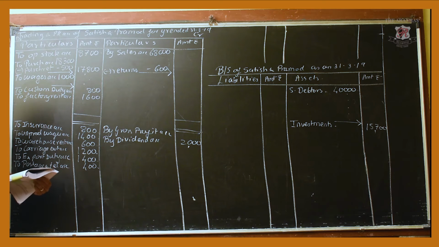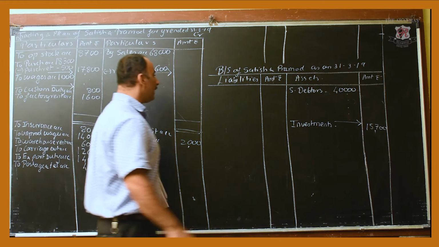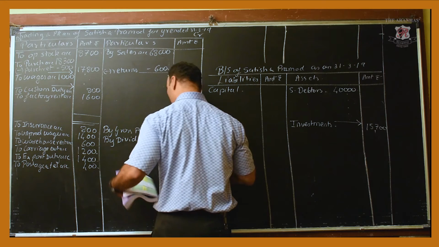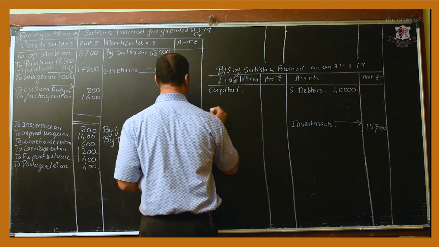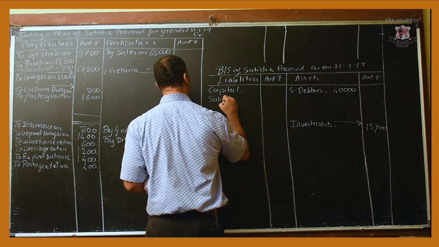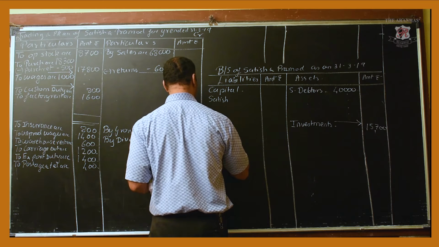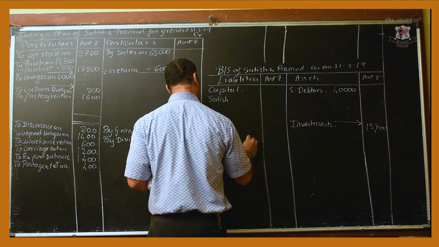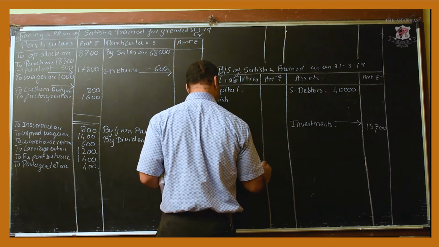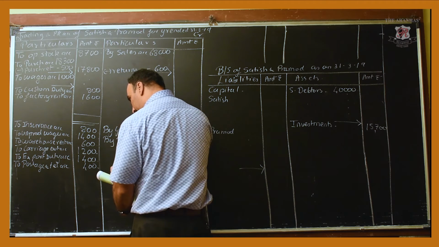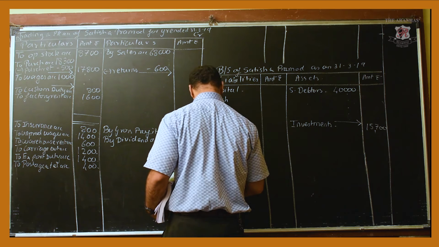Then after purchase returns is next item is sundry creditors. Sundry creditors is a liability. What I will do here is first I will record capital. Who are the two partners? Satish. Generally you will leave about 4 or 5 lines. Pramod, leave about 4 or 5 lines. Then we will record creditors. So sundry creditors is 13,000.